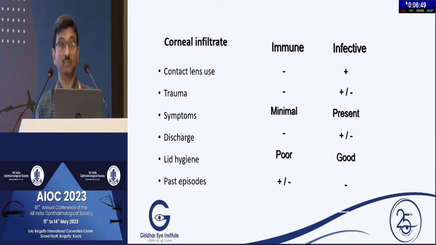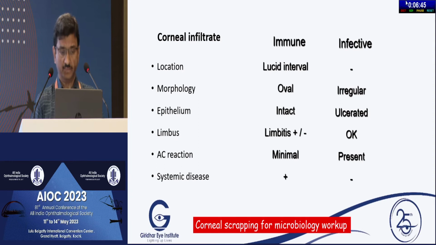A history of multiple episodes points towards an immune etiology. Location, again, peripheral is more in favor of immune, but it is not always so. Morphology: if it is ulcerated, more likely to be infection. But again, we have all sorts of